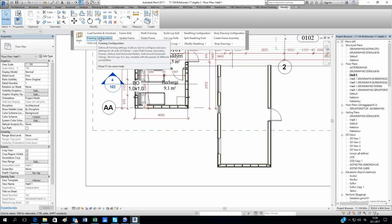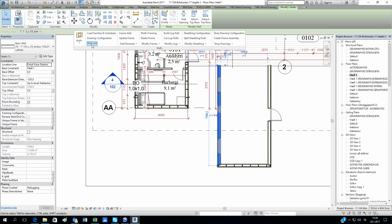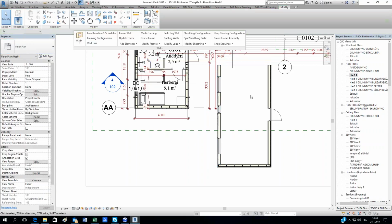You will not need to predefine any framing configurations. Also, the tool will keep the link between your wall type and the framing configuration. So in general, you don't need to do anything. I will come back to your framing configuration and I will delete the configurations which are not used,